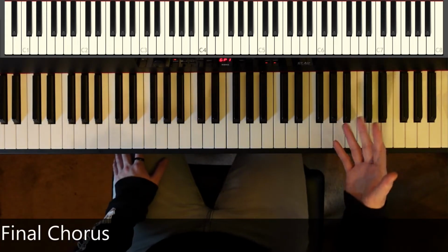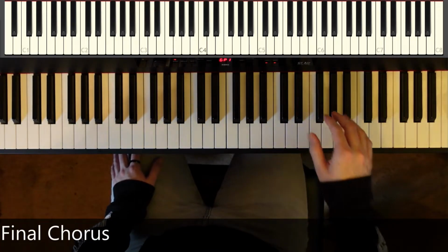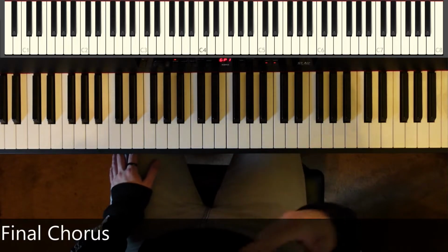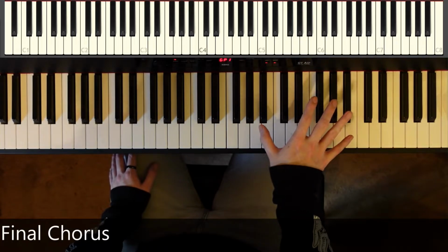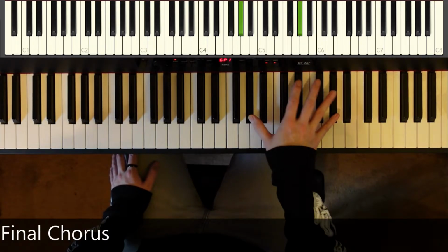But if you're going the solo route and you want to play the solo, right at the final repetition of the solo, so you play it 3 times, on the last one when you go down to C. So let me just play through it. It's going to go like...